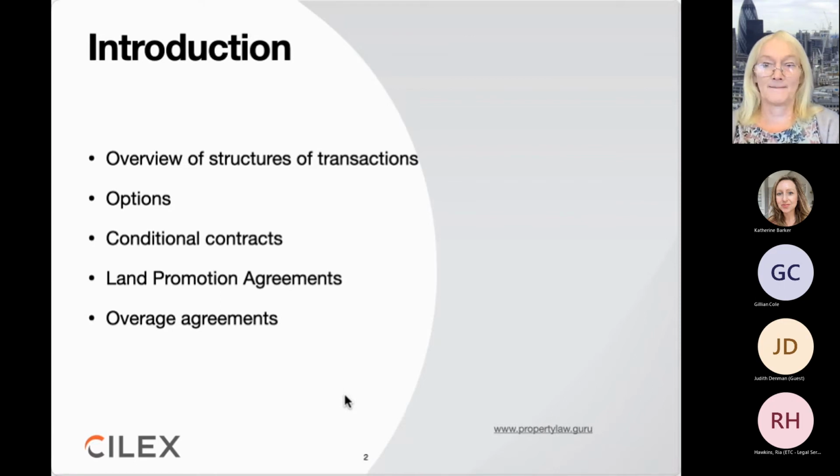Right, that's that. Next one, what is an overage agreement? Now, this is something which is sometimes called clawback. When you're acting for a local authority, they're terrified that they'll find they've sold something too cheap. And there are many, many examples of local authorities selling land too cheap, and then a builder changing use, getting planning permission, and then making lots of money.